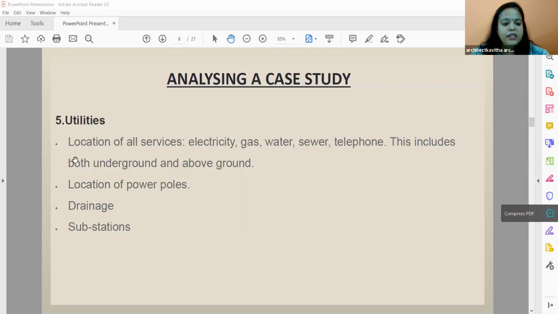The next is the utilities. So what are the utilities? Your electricity, gas, water, sewer, telephone, your plumbing, electrical, all that will come under utilities. You can check your false ceiling if they have anything, how the electricals are there, is there an electrical station nearby, all that you have to check. So when you have a big building, they will have a separate generator room. So is it positioned very near or very close to the building? That also you have to check. If there are any existing gas blocks, normally in today's thing, they don't provide the